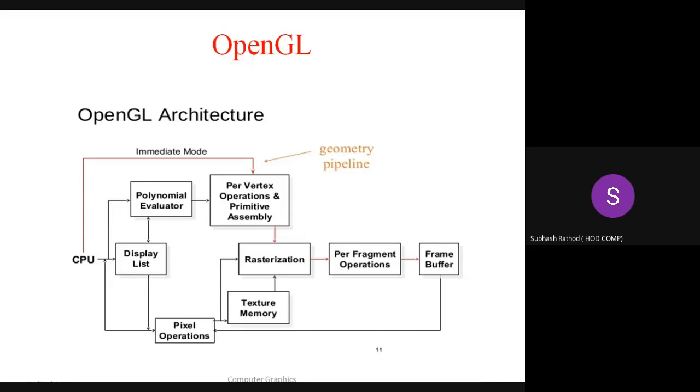Things like the monitor, VDU, LCD, and plasma are all display devices, and there is also the display list. That list may contain various shape coordinates, or various pixel values of a particular shape that need to be displayed on a particular display device.